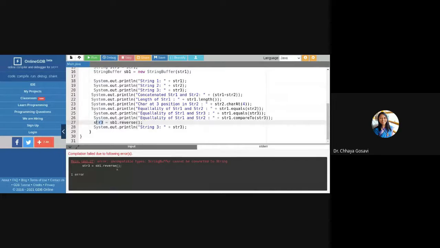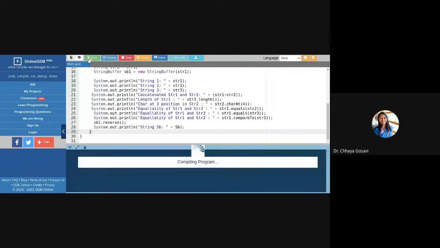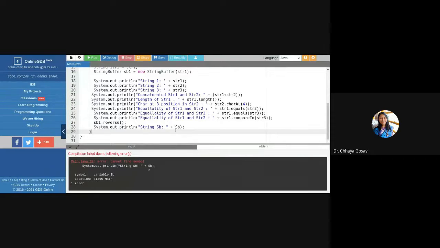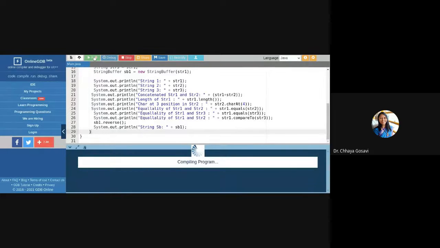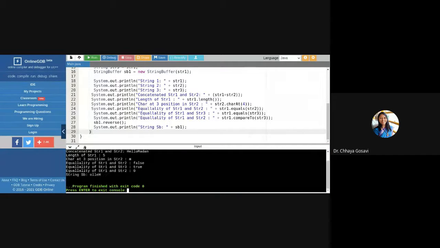Okay, this should also be a StringBuffer. If you do reverse, a StringBuffer will be a reversed string. Yes, a small case. So this is a reversed string.